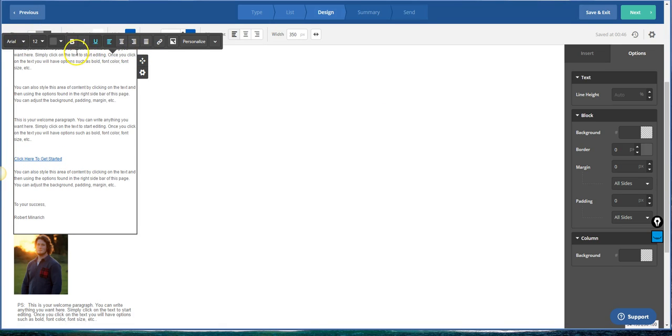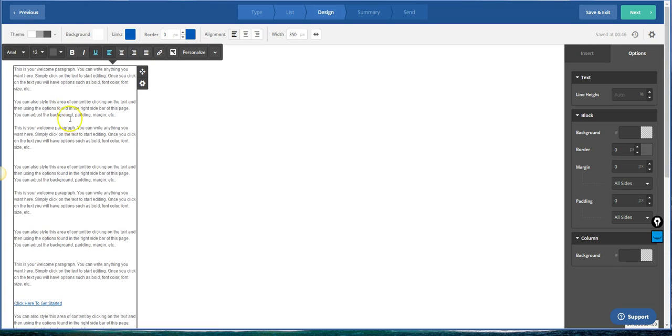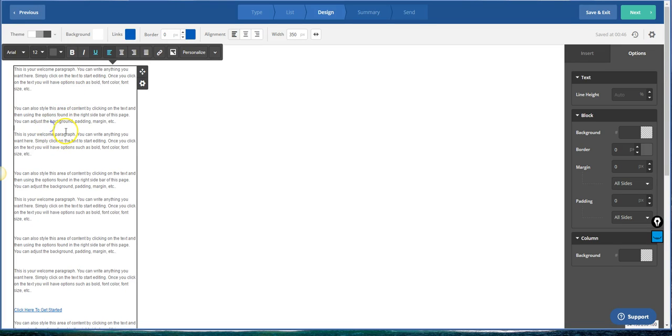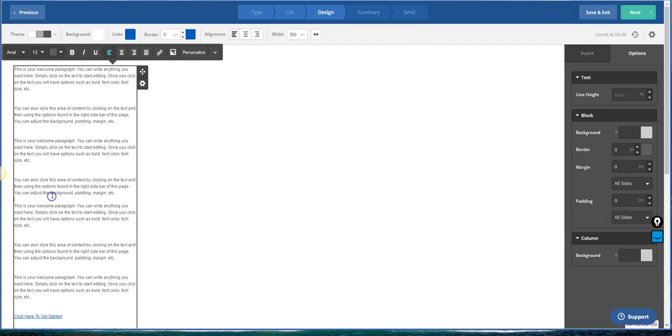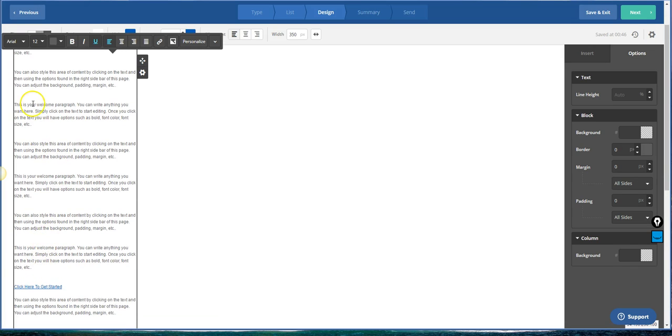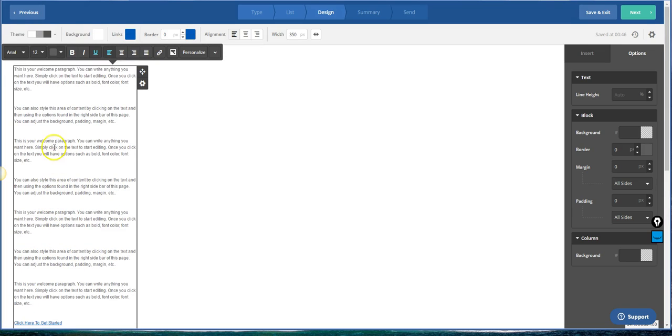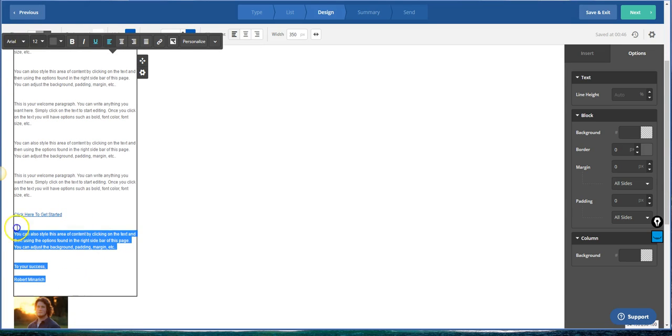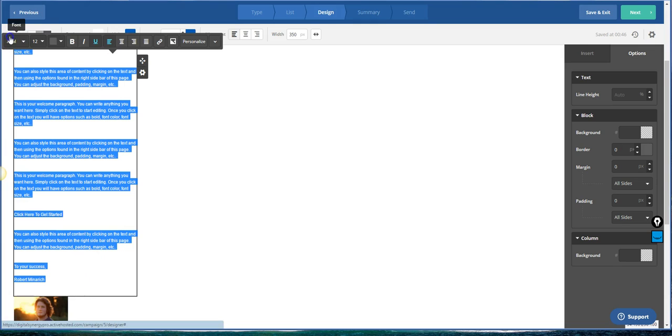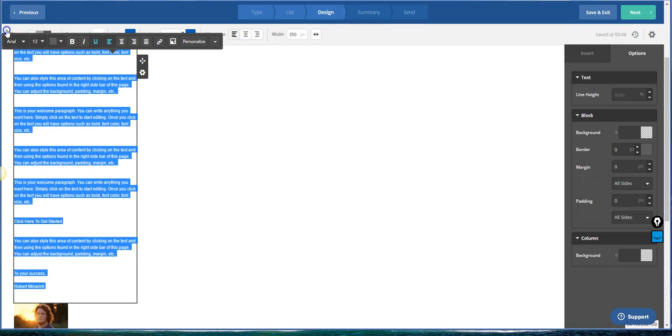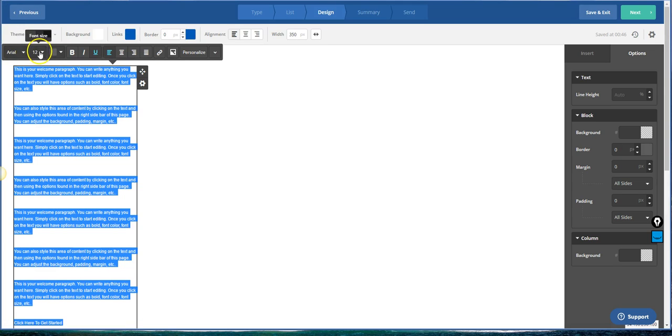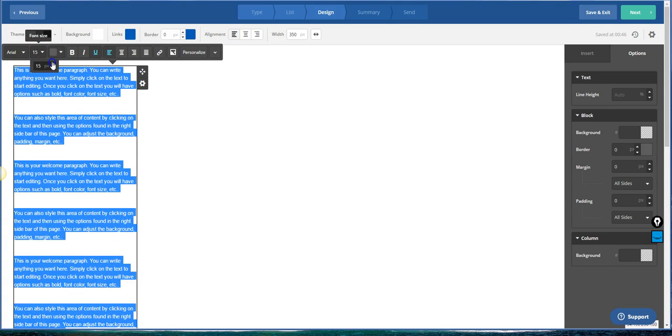Now you can see up here, you can edit, you can bold, you can use different colors, fonts, all that stuff. What I do recommend when you're writing emails is to double space everything. It looks weird right now, but if you double space everything, it's going to be a heck of a lot easier for people to read and understand because, like I said, most people happen to be looking at this stuff on their phones. So be sure to double space everything, and then I usually like to make the text about size 14 or 15, and that's just because it's a little bit easier for people to read. So I'll bump that up usually to like a